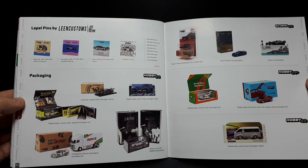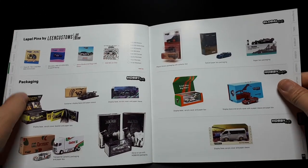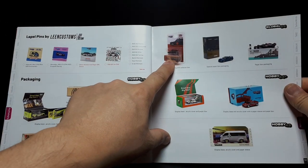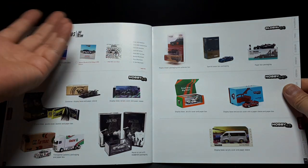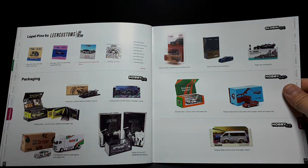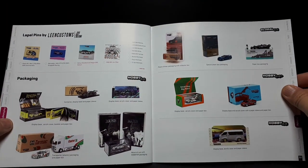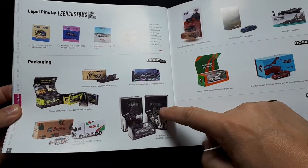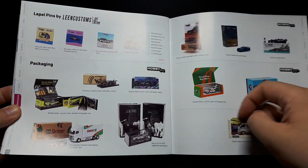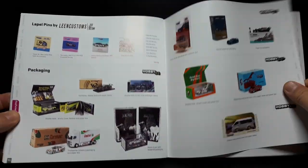Alright. I used to really rag on these guys for having such horrible packaging. Like this, a box inside of a blister. You're buying garbage. Who's going to display their model in a box? Or at least keep the box small so you can put it somewhere. But giant boxes like this, let's face it, that's going to end up being garbage for most people. I don't know why you would want to collect an oil can of one piece, but...